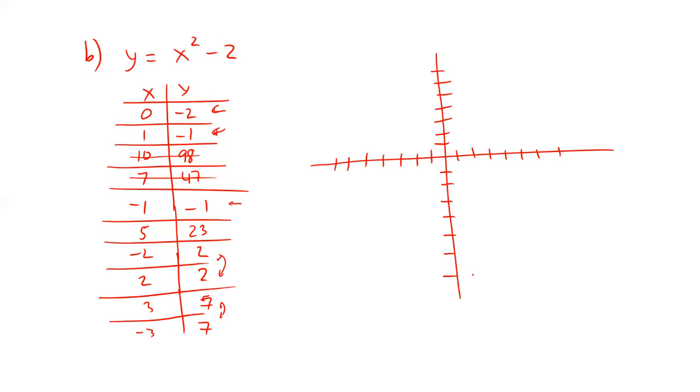Gotcha. Okay. So 0 sideways, 2 down. There's my first dot. Boom. I got 1, -1. There's my second dot. Then I go -1, -1. There's my third dot. 5. I'm going to sketch that out. -2, +2. I like this one. And then +2, +2. Okay. -3, 7. So that's going to go all the way to the top of my graph. And +3, 7. Are we good? That is a curve right there.